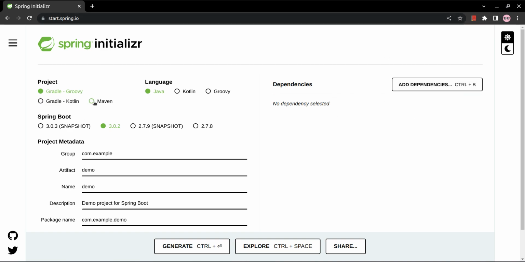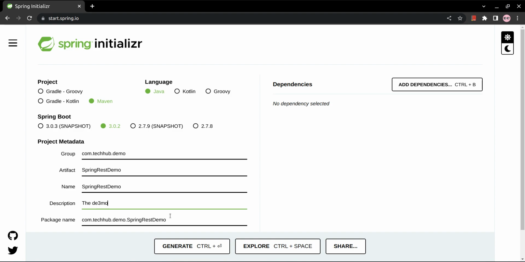So this is similar here. You have to select your project, build tool, that is Maven. Language you can select as Java. Spring Boot 3.0 to the latest version. com.techhub.demo. Spring REST demo you can give, and this one you can give whatever description,